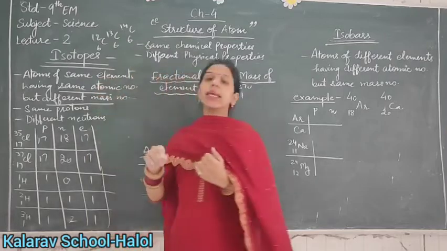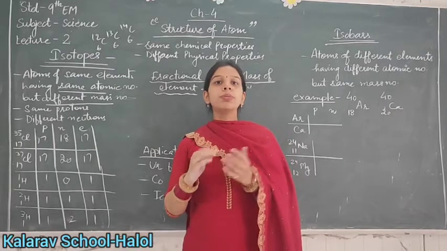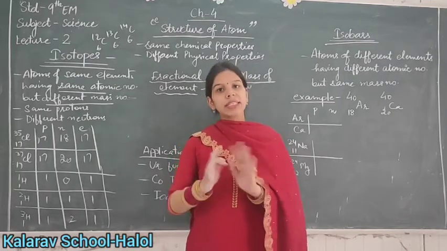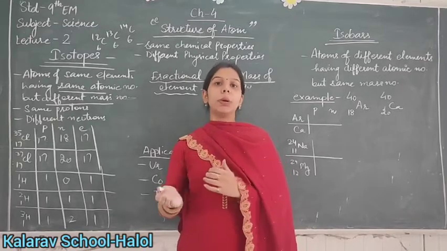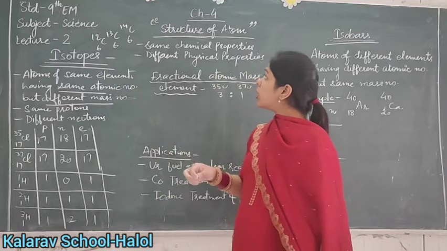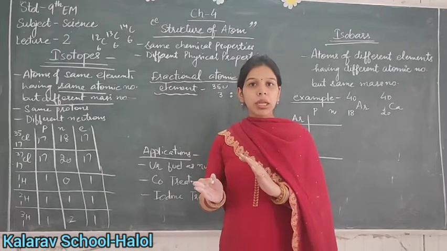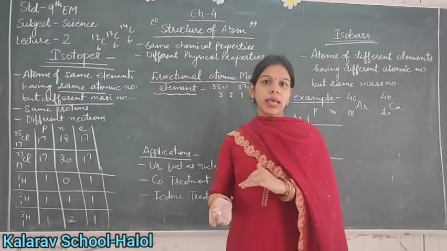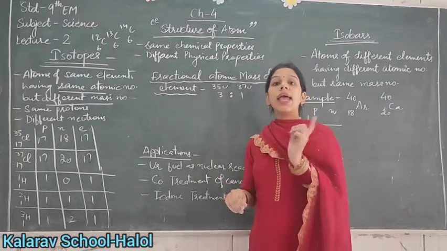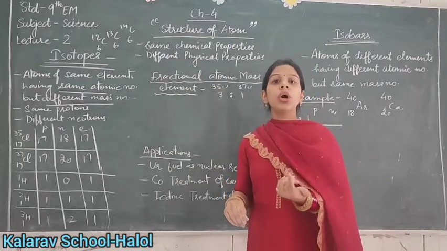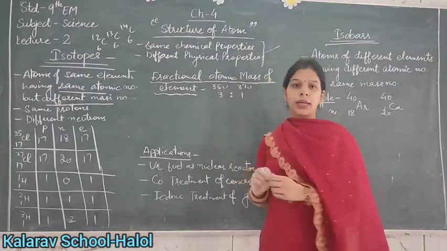14C6 is called a radioactive isotope. Radioactive isotopes are isotopes which emit radiations, that's why they are radioactive. They are useful for many medical purposes also. The valence electrons of these isotopes are the same in number, so their valency is also the same. That's why their chemical properties are also the same. But they have different mass numbers, which show different physical properties. So here are 2 points that you should keep in mind.